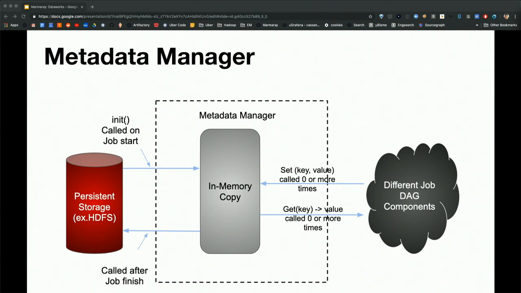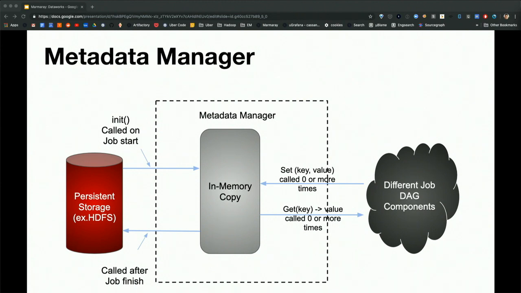The reason why we do this is we run what we call job DAGs on our framework, and we allow you to update. The biggest use case for this is checkpoints, right? If you think about Kafka ingestion, every time you start a job, we will tell you which offset in Kafka to start reading from and the number of messages to ingest. If that job fails, for whatever reason, we do not update this metadata manager.